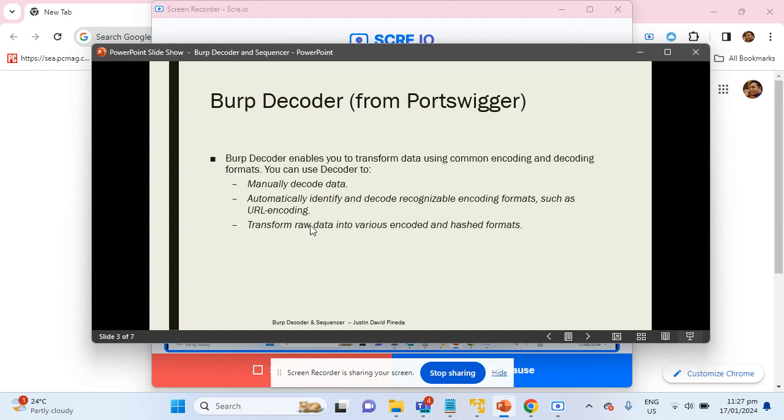So for Decoder, Burp Decoder enables you to transform your data using common encoding and decoding formats. You can manually decode your data and automatically identify and decode recognizable encoding formats, such as URL encoding, and transform raw data into various encoded and hash formats. Usually this would be very helpful when you analyze requests and responses from the server